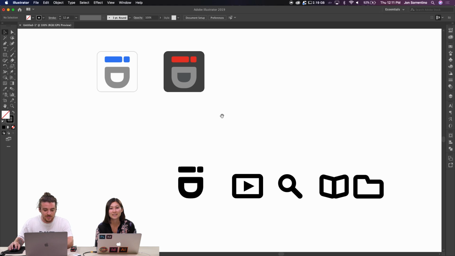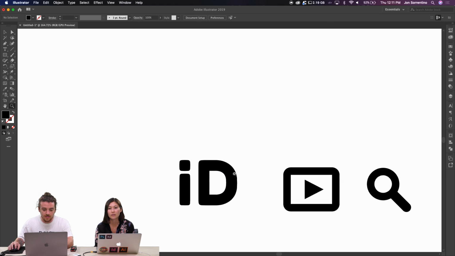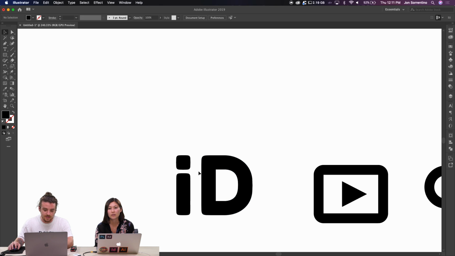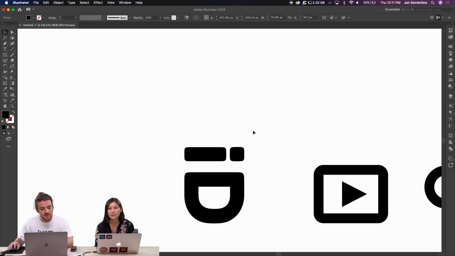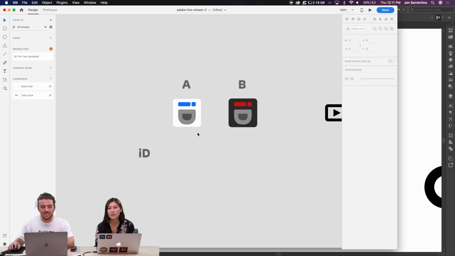Basically all I did was take ID after I typed it out, and I messed with the eye a little bit to fit within the guides of the D. And then I just flipped it over and made a nice smiley face. So that's my app icon. Awesome. Nothing too crazy, but I think it stands out within your home screen.